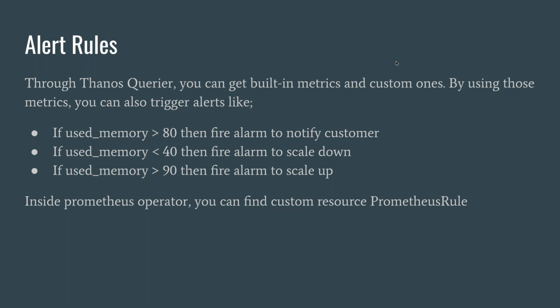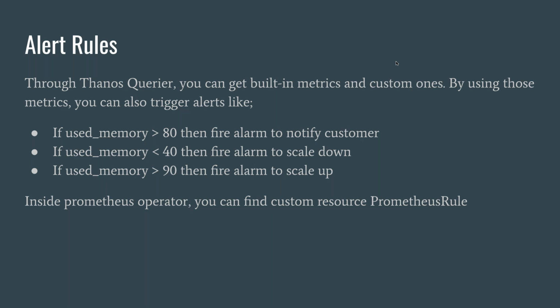So let's say that I have a job for this, something like a cluster metric consumer. It continuously checks the Thanos querier. If there is used memory less than 40 and auto-scaling is enabled, it can directly call the scale down operation by calling another microservice, and it will connect to the data plane and change the StatefulSet replica set or deployment replica set or re-execute the Helm chart, right?